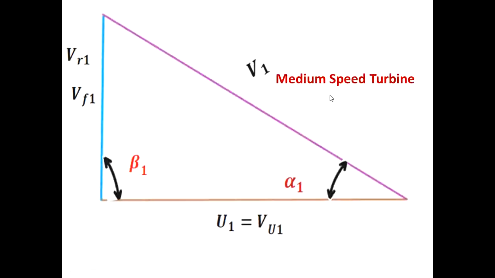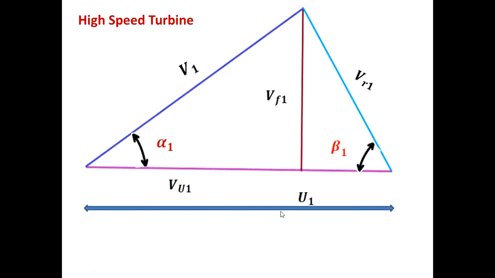Next, the medium speed turbine. How will the medium speed turbine case be? Here the blade speed is equal to the tangential speed of the fluid, and it is also a radial inlet. This derivation is one of the derivations I did earlier. The blades are radial. It can be radial at inlet, but alpha 1 can't be 90 degrees at inlet. Blades are radial, beta 1 is equal to 90 degrees for the medium speed turbine.